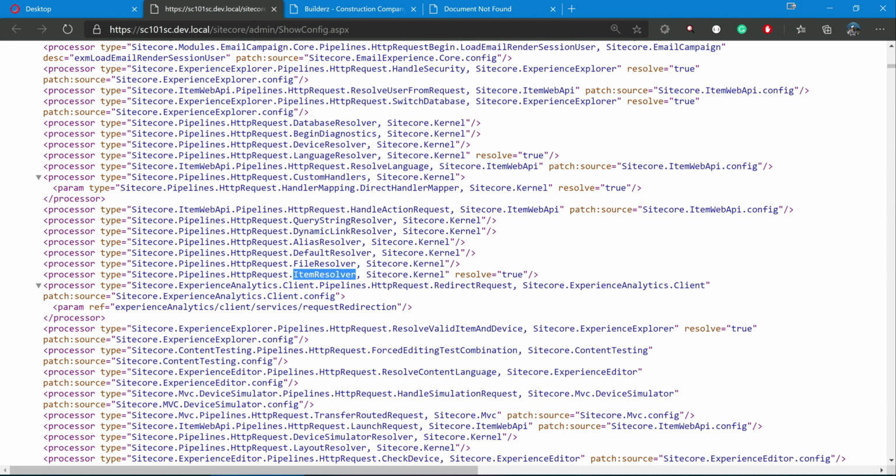In normal conditions the code didn't find the item, so I'm adding extra conditions. If it doesn't find it, that's okay, but if this is a bucketable item, maybe my custom code will find the item. So we need to patch this after this processor. So we can use patch:after.